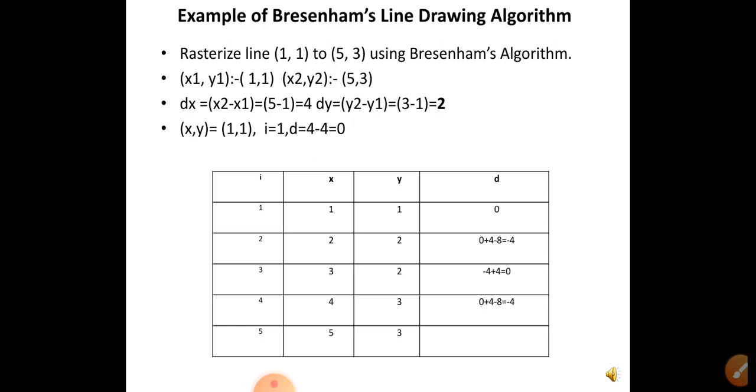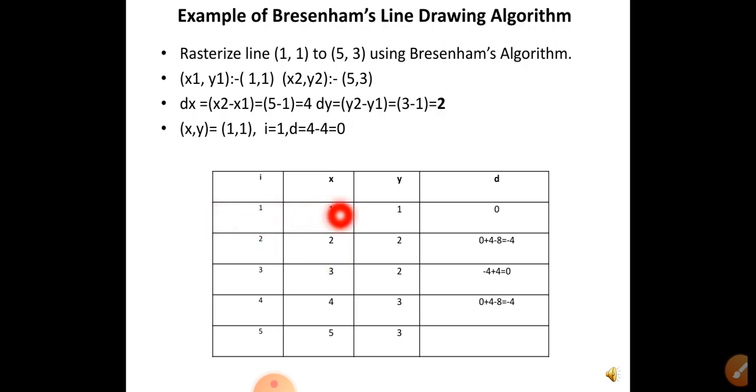D equals 2 into dy minus dx. Dy is 2, so 2 into dy is 4, and 4 minus dx, where dx is 4, gives 0. The decision parameter is greater than or equal to 0, not less than 0, so we need to increment the y value. So next,